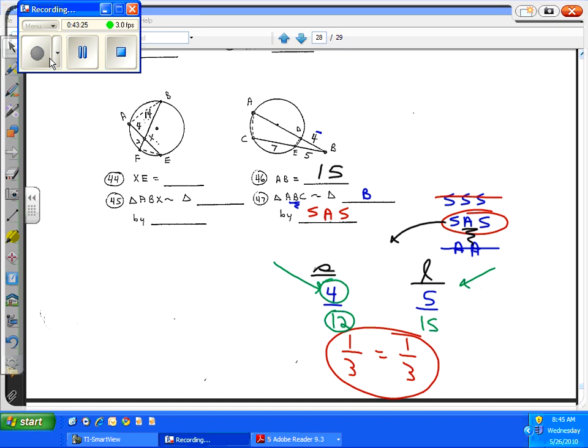And so opposite the 4, that's this side, is angle E. Opposite the 12 in the big triangle, that's this side, is angle A. So angle E of the little one is equal to angle A of the big